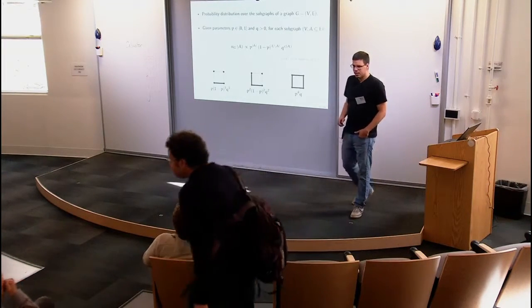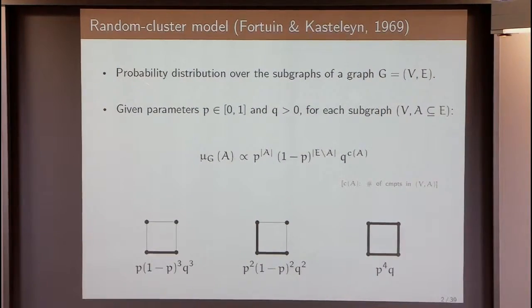So in the random cluster model, the random cluster model establishes probability distributions over the subgraphs of a graph G. And there are two parameters, an edge probability P and a cluster weight Q. And each subgraph of the form BA, where A is a subset of the edges of the graph, receives a